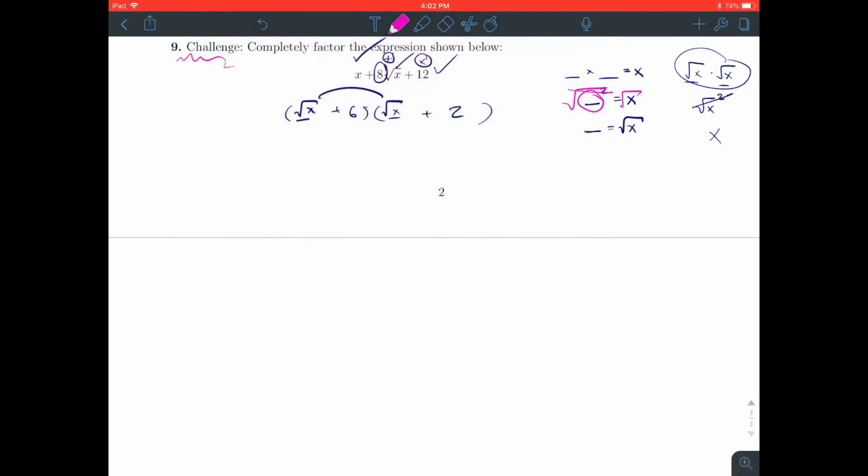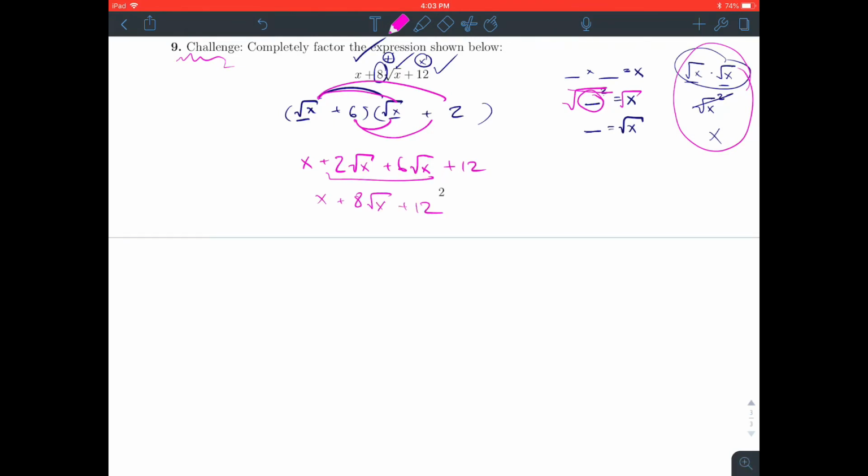The last thing is, because this one looks kind of crazy, we should probably distribute it out to check it. Square root of x times square root of x. You see by the work over here that that is just x. Square root of x times 2. Well, that's 2 outside of the square root, x within the square root. 6 times the square root of x is 6 square root of x. 6 times 2 is 12. These are like terms, so we get x plus 8 square root of x plus 12, which is the same thing as our original equation. So this must truly have been